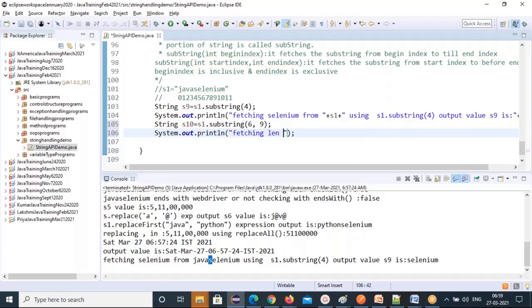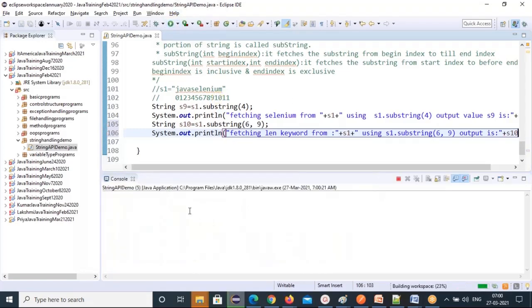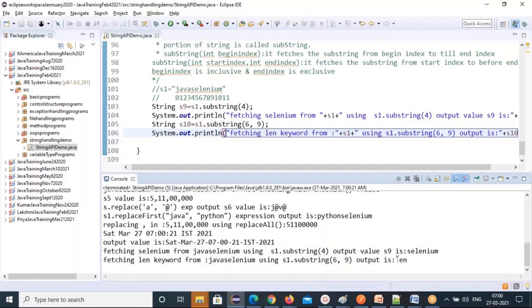Fetching len keyword from S1, using this substring of start and end index. Output is plus S10. See that? You can get that output. See, only len you got. That's the beauty of these substrings. Another famous